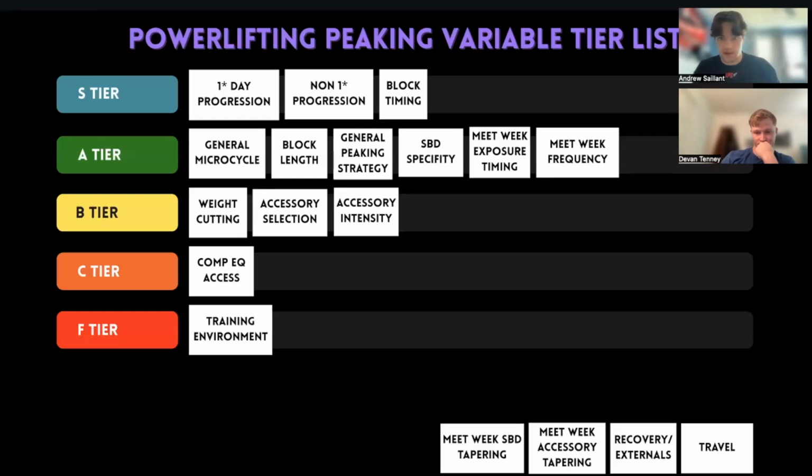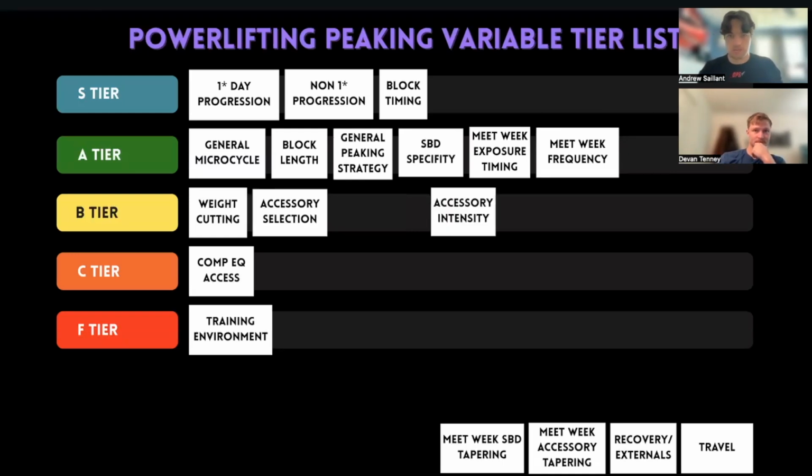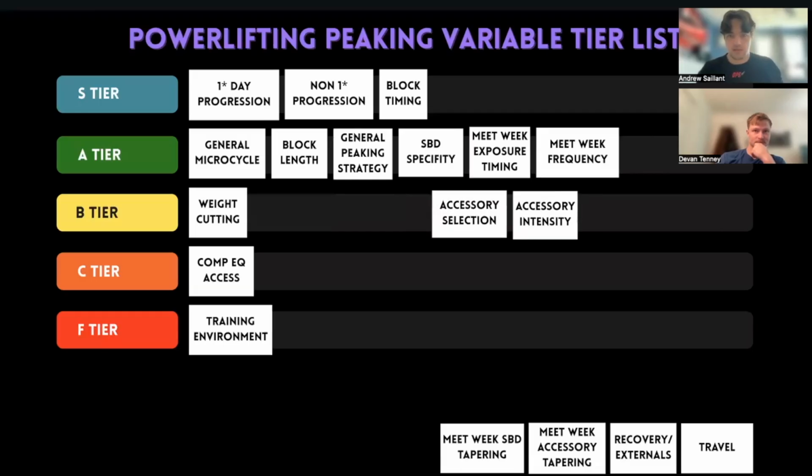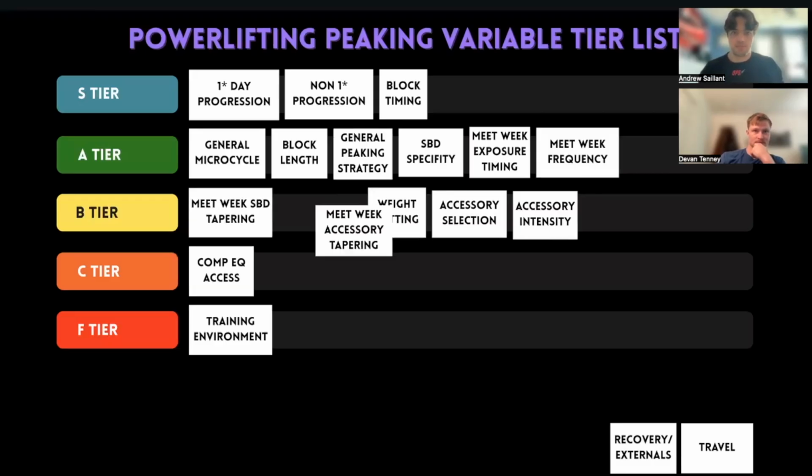So I think just comparing this stuff to everything else that we have, I would say for both tapering variables, I would put them maybe top of B tier. I don't think that they're as important. The degree to which you taper somebody is individual, like I said, but I think you can get away with variations of how much you're tapering somebody, but all of this other stuff in S and A tier has to come first, essentially, in my opinion.